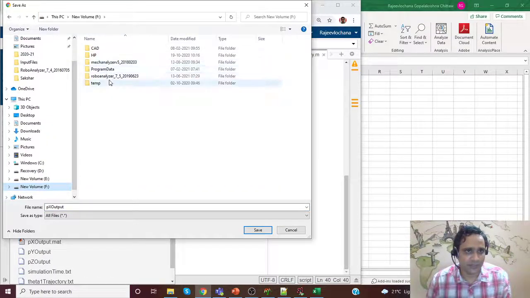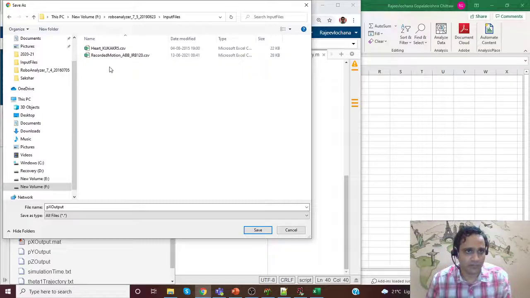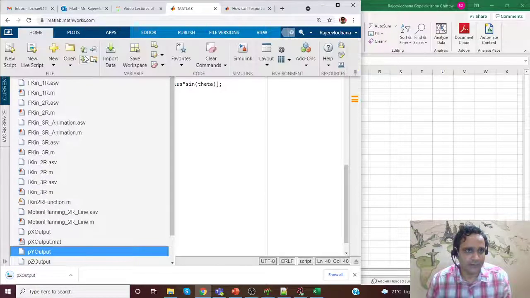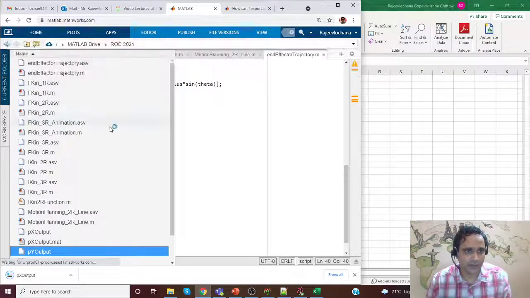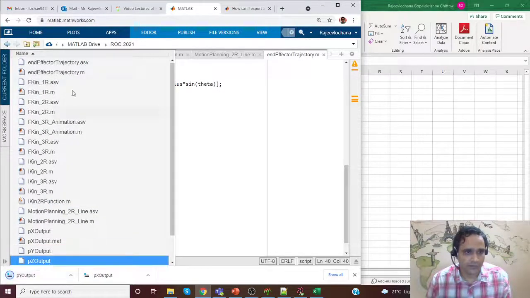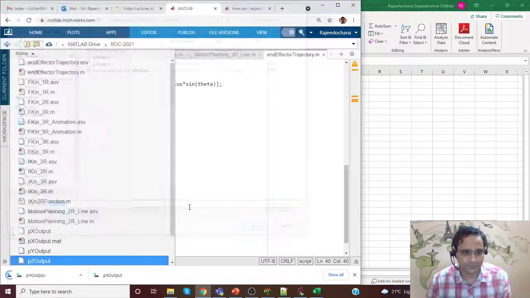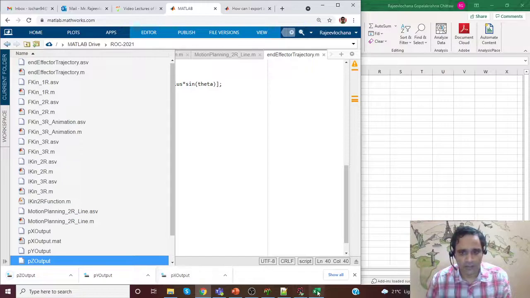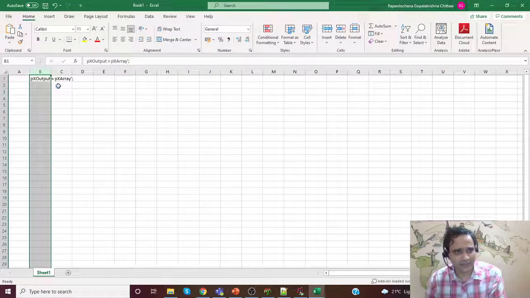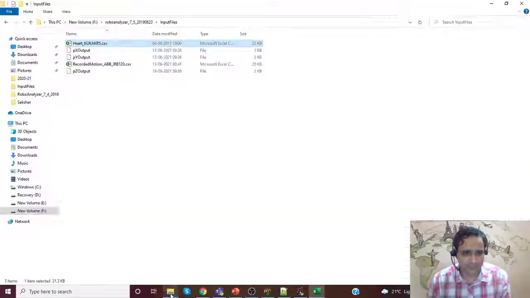I'm just going to my browser, px output, I'll save that. Similarly, py output, I'm downloading it. Pz output, again it's getting downloaded. There could be a better way of doing it, but nevertheless this is one way of doing it.